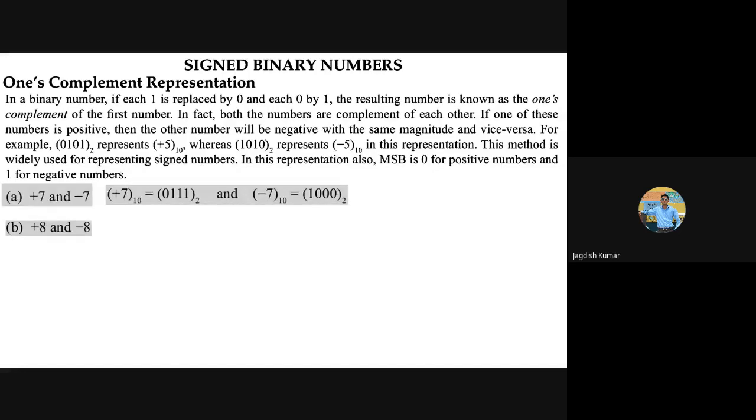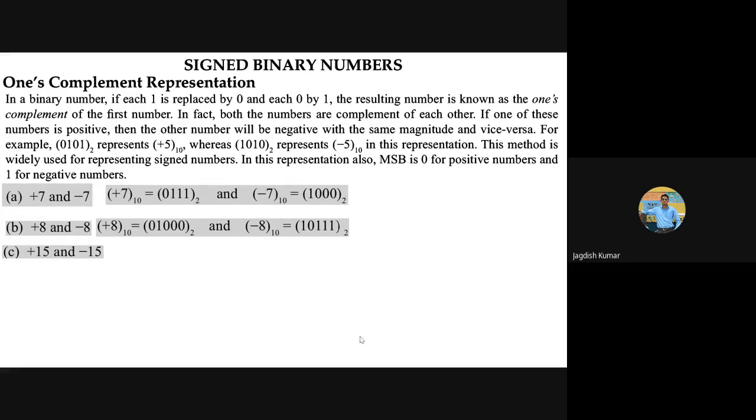In the decimal number system, even if a number is positive, we don't usually put the positive sign explicitly. But in the binary number system, if you are talking of signed numbers, or even in general, you have to describe to the computer what the sign of your number is. Otherwise, your computer will get confused. So fine, most of you have done it correctly. It's quite simple. Very good. So that is how we can represent plus 8 and minus 8 in this one's complement representation.